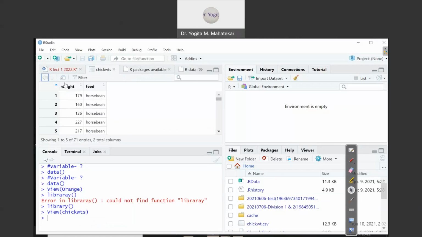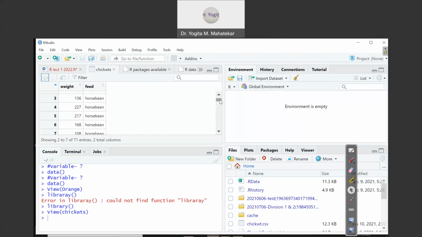In chickwts, the first column represents the weight of chicks and the second column represents the type of feed provided to those chicks. Some chicks are fed horsebean, a few are fed linseed, then sunflower, meat meal, and so on. Accordingly, there is either a weight loss or weight gain in the chicks.